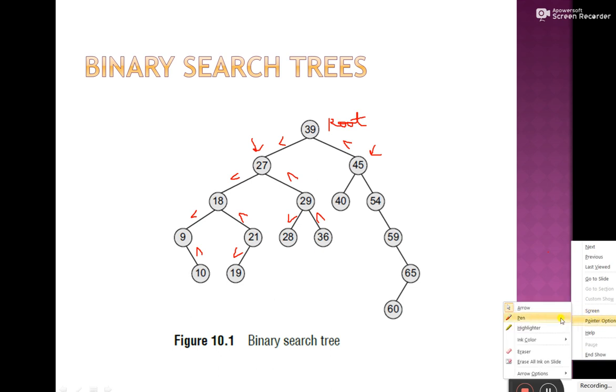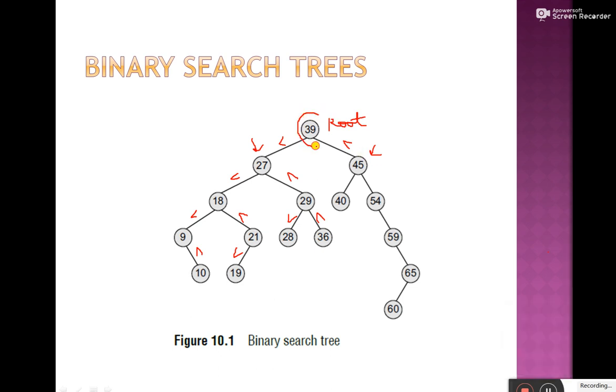So how are we going to proceed here? We are going to visit the root first. Since 29 is the element we want to search, which is less than the root node, we will jump to the left subtree. In the left subtree we have the value 27 as a root. Now since 29 is greater than 27, we jump towards the right subtree. Then and there we are going to find the required item.